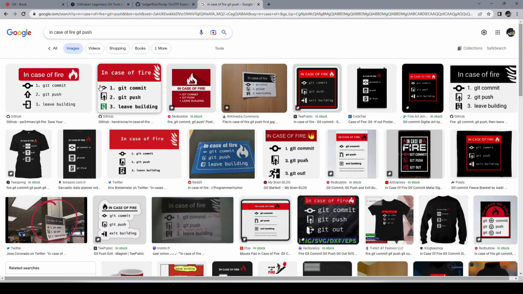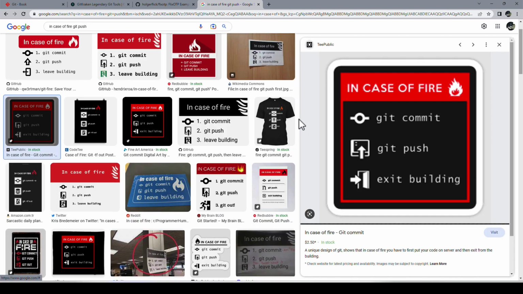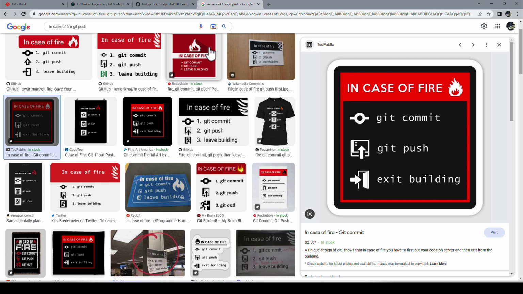Before I let you go, I want to give you a hint what you basically could mount to your wall in front of you. This is a joke, of course: in case of fire, git commit, git push, exit building. And after watching this, how it works with Holger, you will fully understand this joke. Before you leave the building, commit your changes, push the changes to the server, exit the building, because your source is safe that way. You might have seen this sign before. I think it's pretty fun. And after today's session, if you've not used Git before, you understand the joke in detail now.